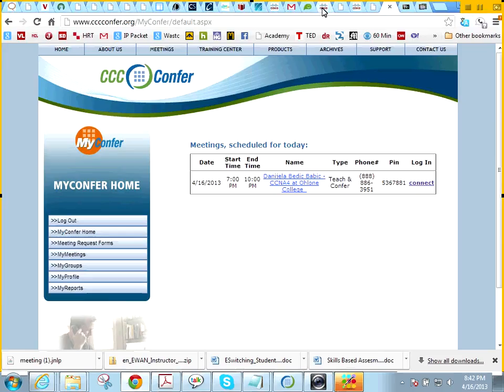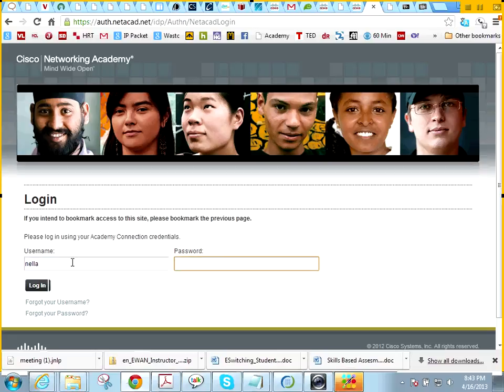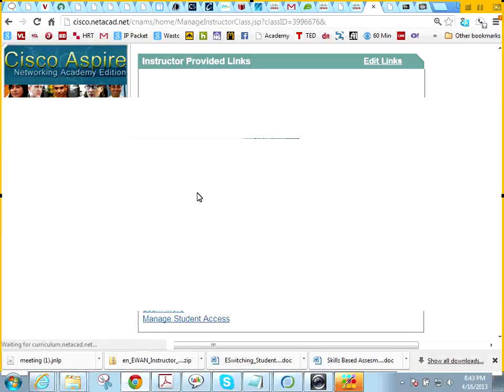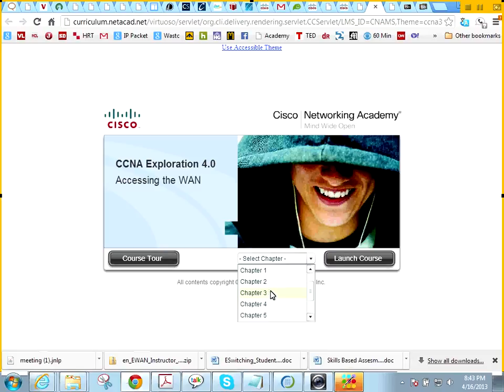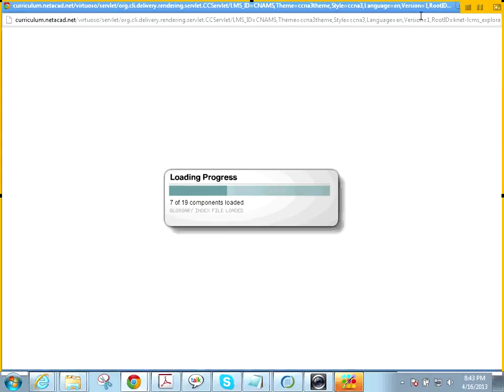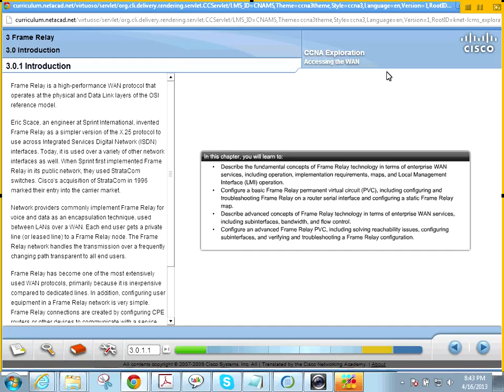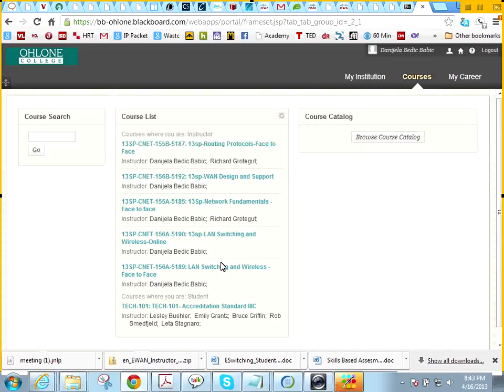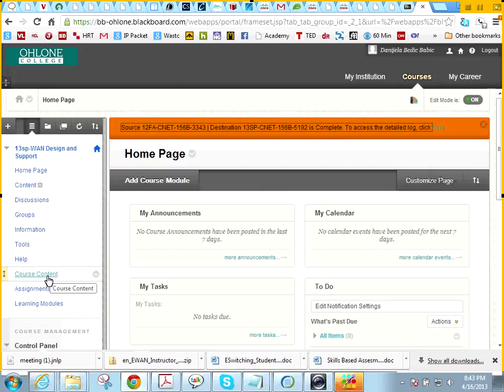Let me try through Chrome. Oh, and I promised to explain about that frame relay lab. Because I heard a lot of people having issues with the frame relay lab on the NetLab, I would recommend you doing that lab in Packet Tracer actually. So how would you do that lab in Packet Tracer? On Blackboard, let me show you, you would use a file that I posted there,